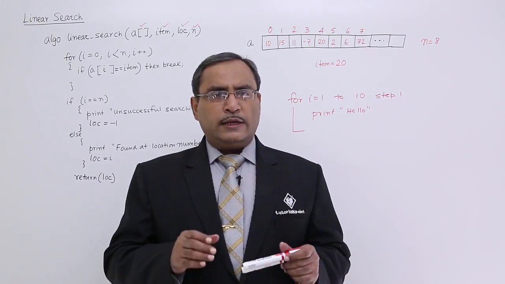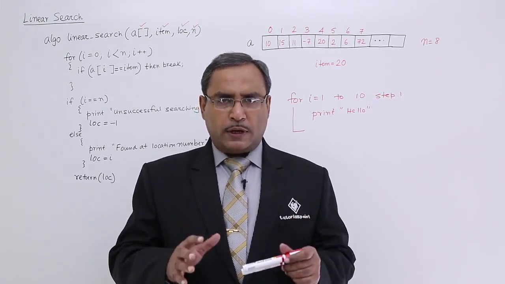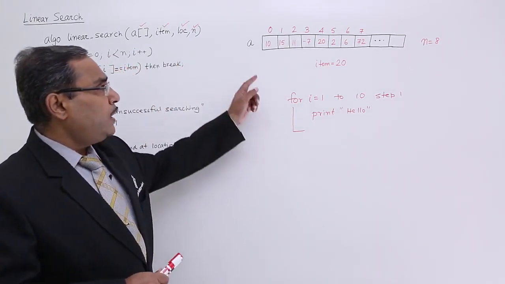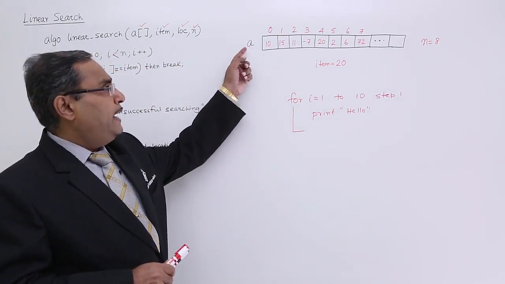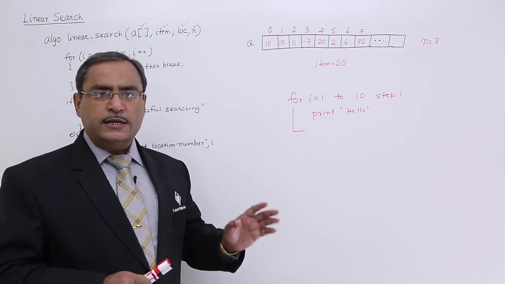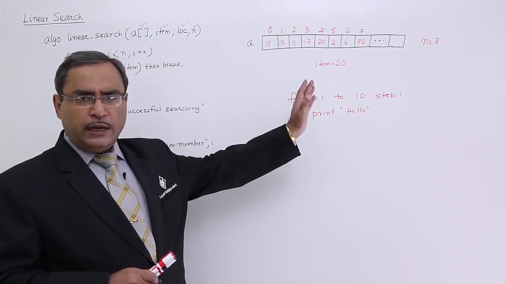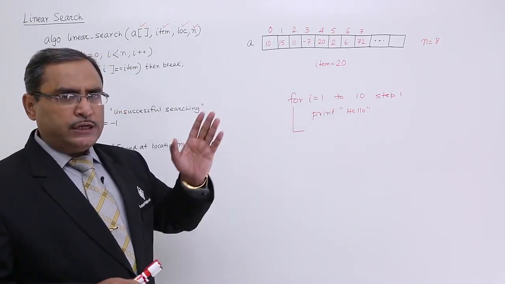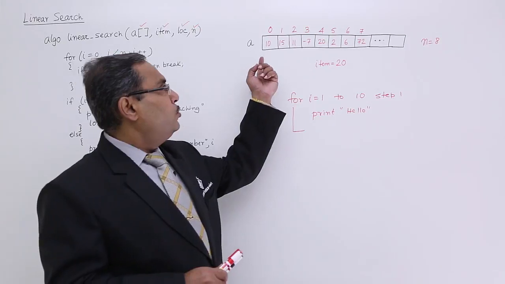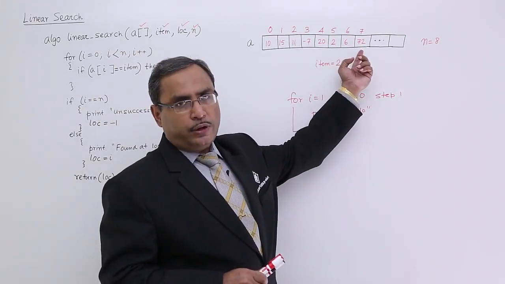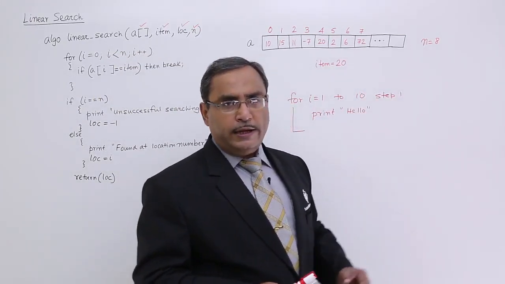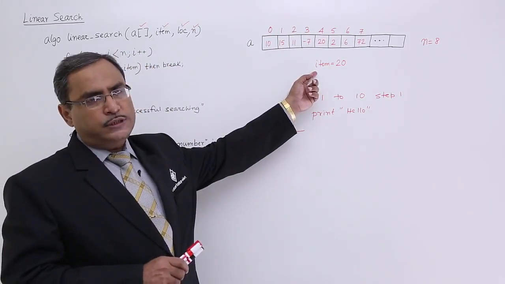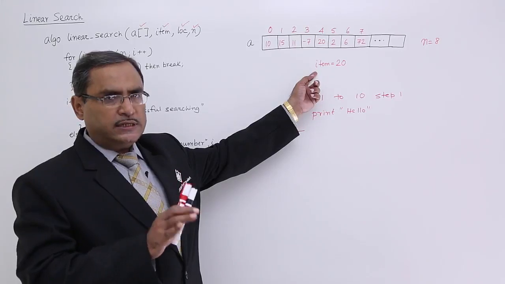Okay, now let us discuss this one with some proper algorithm and example. Let us suppose I am having one array with the name A, which is having, say, 8 valid data, and obviously I need not bother about the max size of the array, because I shall confine my searching operation within 0 to n minus 1 location. Here the value of n is equal to 8, so 0 to 7. So let us suppose I am searching for the item which is equal to 20, for the time being, just consider.